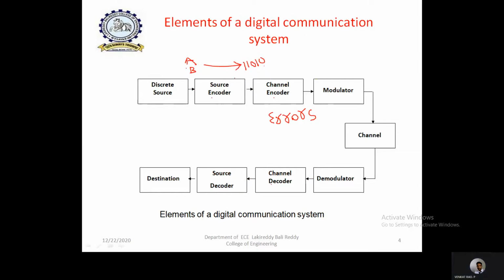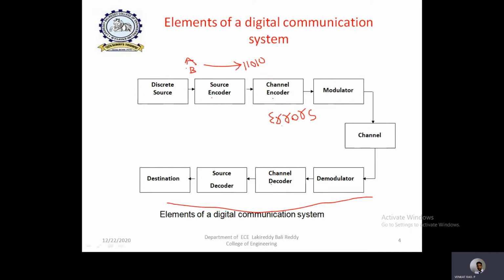For example, after transmitting the signal, while you are receiving here in the receiver section, we should be able to know whether there is an error or not in the encoded bit sequence. Similarly, you need to identify exactly where the error is. That means, is there any error in the second bit position or in the fourth bit position? You need to identify the error and finally you can correct the error. So in order to detect and correct errors, we use channel encoder.